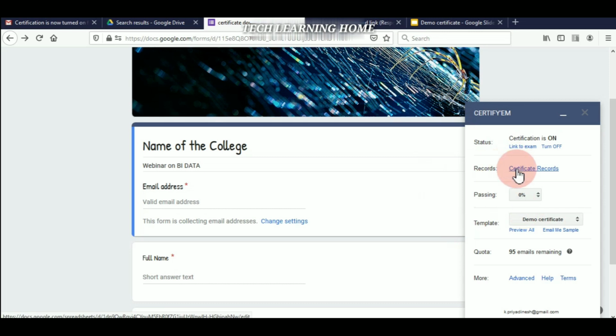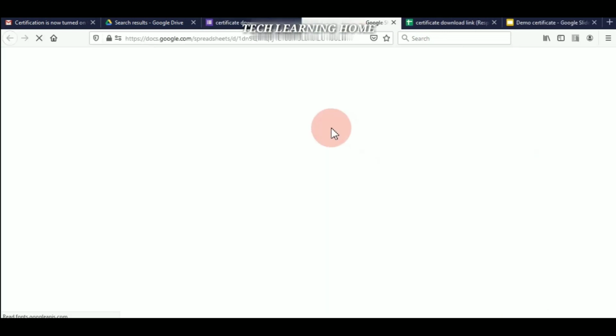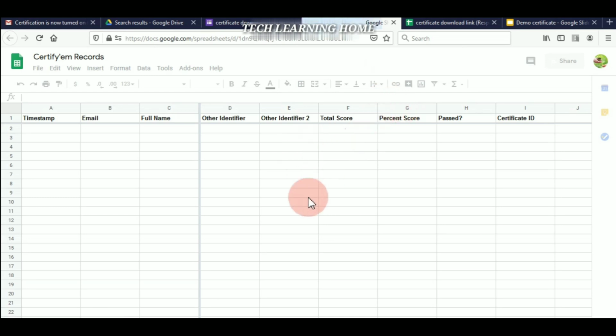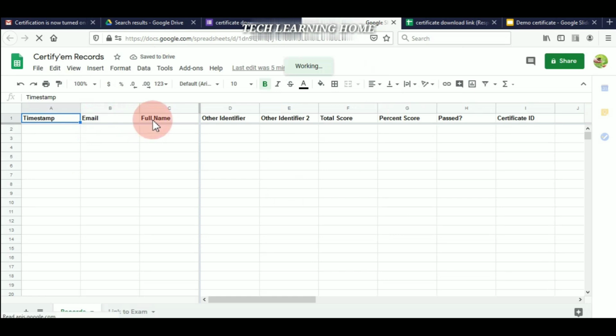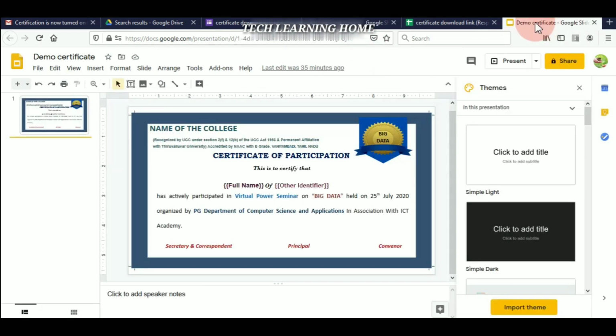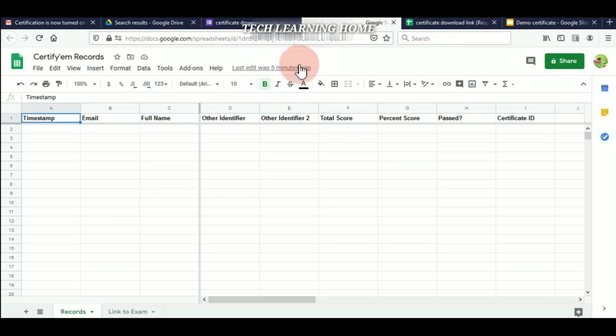One more thing I want to tell you all, just download this certificate records. Here you will find the fields like this: email, full name, which I have printed in the certificate, and the other identifier, where our institute name will be placed in this Certify EM record. You just see full name, and after full name the other identifier field is displayed here.